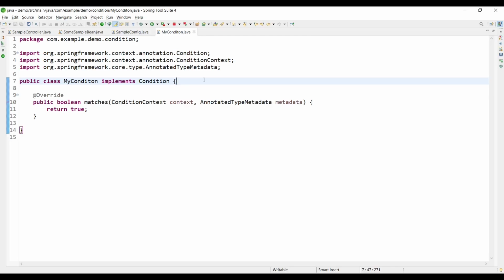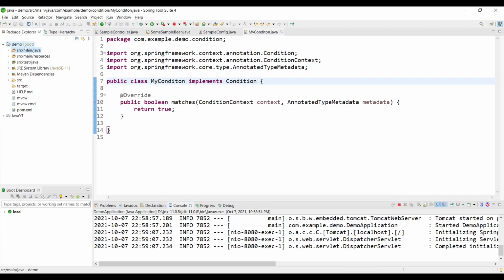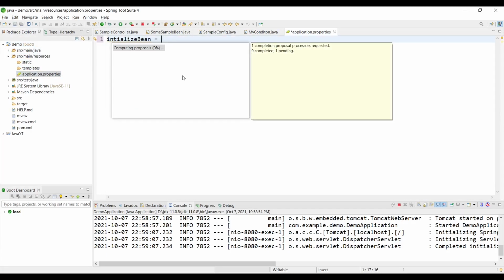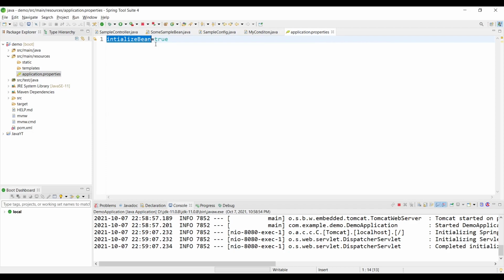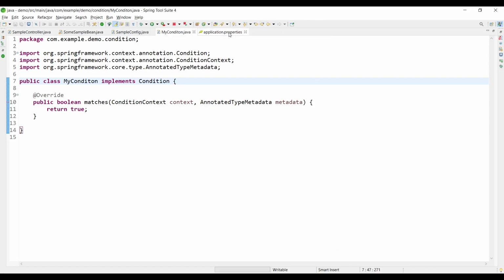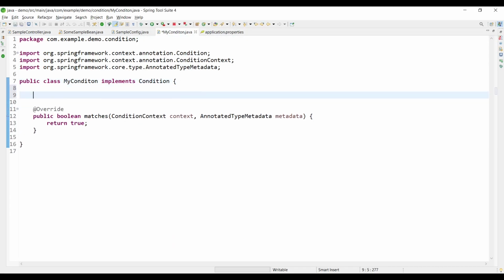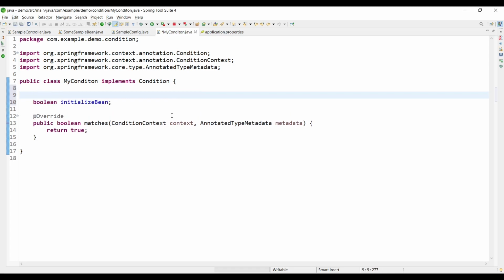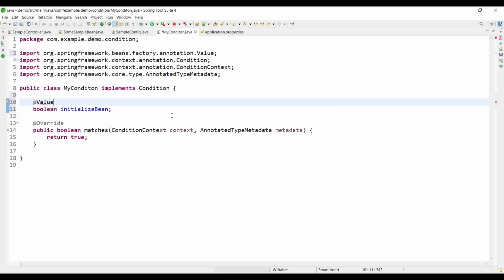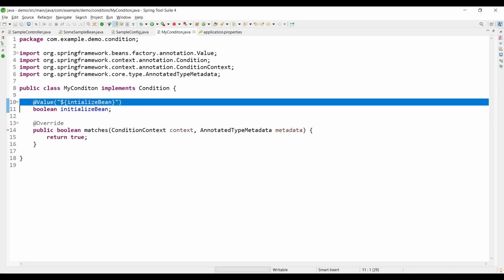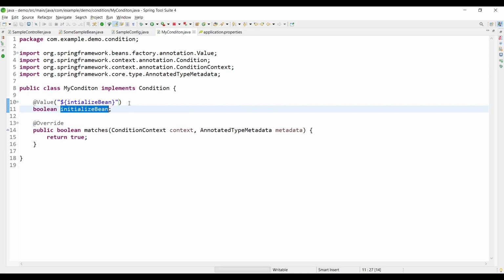So let's try flipping this to true and see if that works or not. Here you go. One such example of how people use this is with the help of application.properties or the configuration variables. So let's say we have some property, and let's say it's true. Based on this property, we want to decide whether to initialize that bean or not. Typically, if you have worked with these type of things, one such thing you would definitely do is create a boolean and annotate it with @Value, and add that property. This can be anything, of course, and this is just the name of the variable. This is what people would typically do, and that's okay.